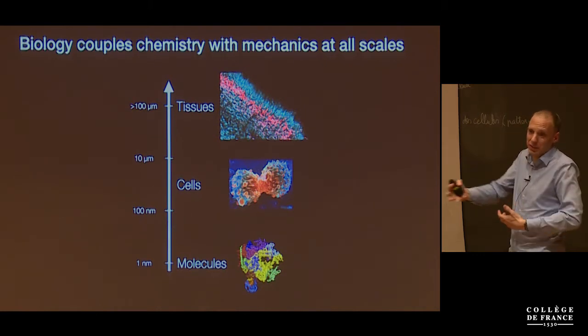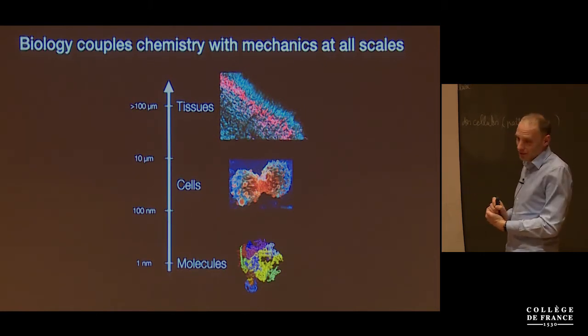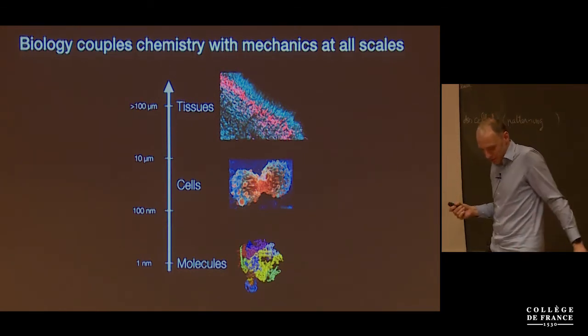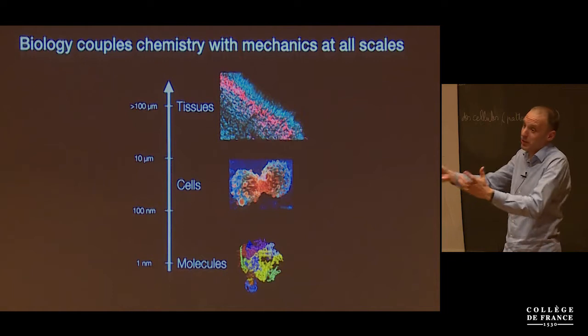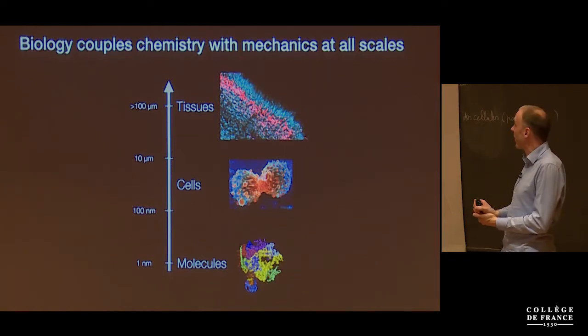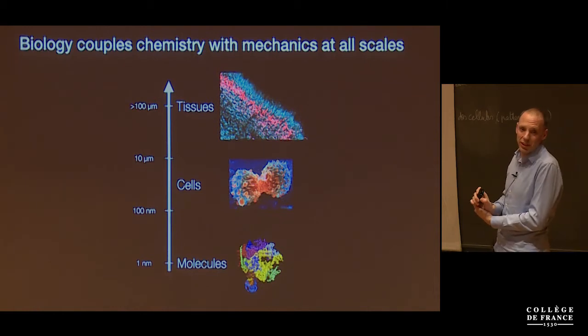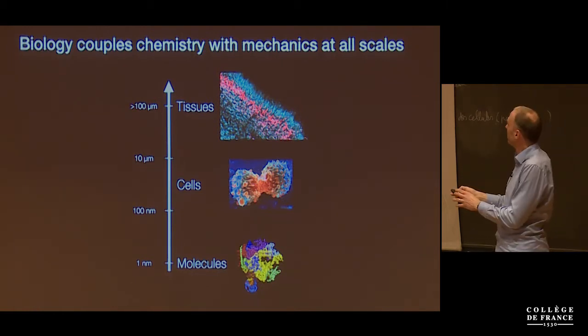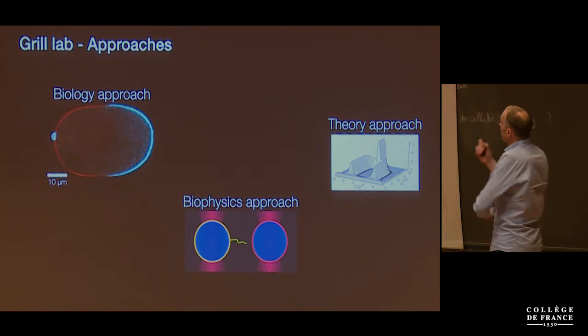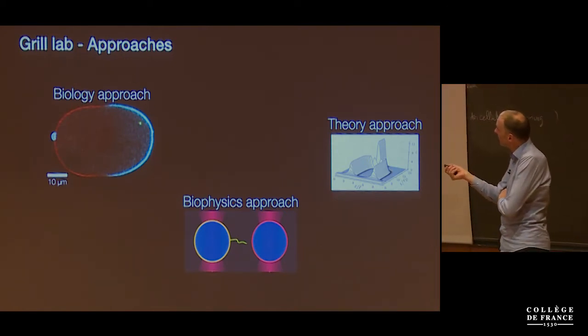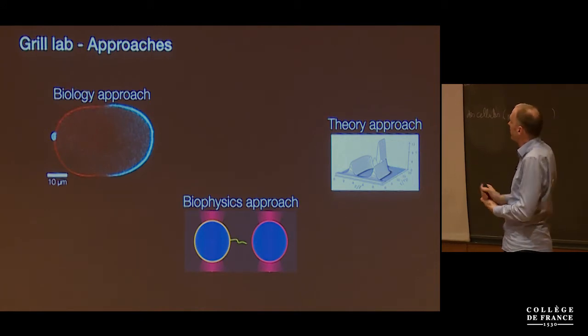We have cells where chemical processes, signaling pathways, can interact with mechanical processes in the cells, for example, to break symmetries and to establish cell polarity. And of course, the tissue scale, which is probably best visualized in the movie that I've just showed you from zebrafish. And our lab's been taking a kind of three-tiered approach. So we pursue experiments in biological systems.